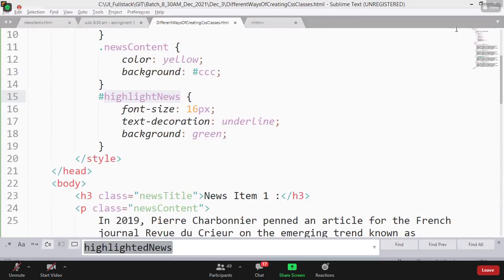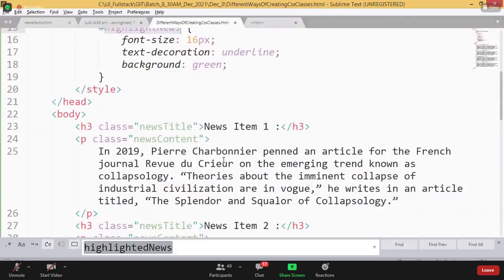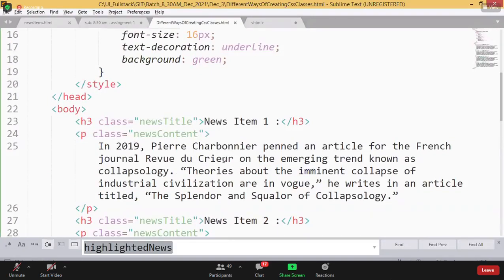Now the 4th one is also there. If you clearly look at this heading, I'm having news item 1 with a different look and feel, 2, 3, 4, and 5. If you clearly see, is it not indirectly every H3 tag is having the same look and feel? Yes or no? Every H3 tag is holding the heading. Every heading is having the same type of look and feel. Okay. Now, why are you defining a new class, boss? Instead of defining a new class,